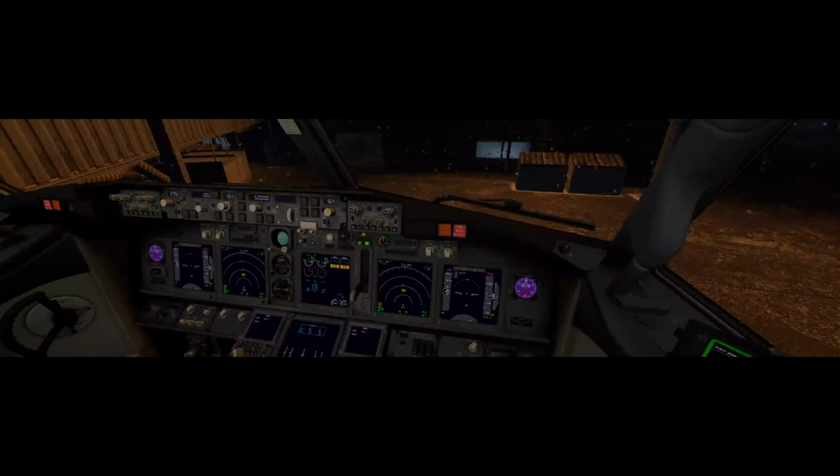Then I'm just proceeding in the flow as I would do in the real aircraft, but of course keep in mind that this simulation takes into consideration the fact that I'm working alone, so it's a single pilot operation for an aircraft that has been designed for multi-pilot operation. Okay, let's cross-check